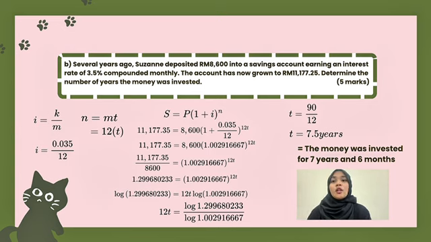So our M is 12 and T is the value that we need to find. And then we just insert the information into the formula. And then we need to find the T. So to remove the square, we need to use the logarithm. So we put the logarithm